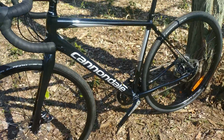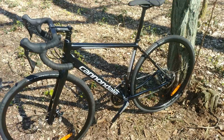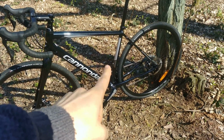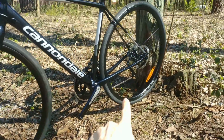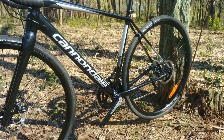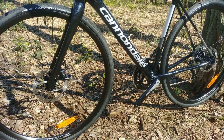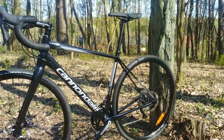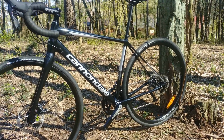This bike, now Cannondale gave us the true weight on the website. This bike weighs 9.9 kilograms in the 56 centimeter size, because I have 54, and with these two things, which are not, believe me, these are not light, it weighs 10 kilograms. So 9.9 for the 56 without those reflective things. I would say it's a true weight. And then the carbon one will be 500 grams lighter. It will be 9.4, so it's about 1 pound difference. But